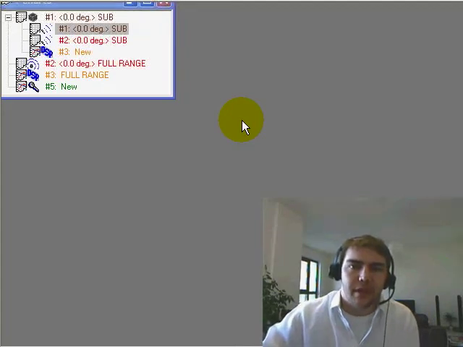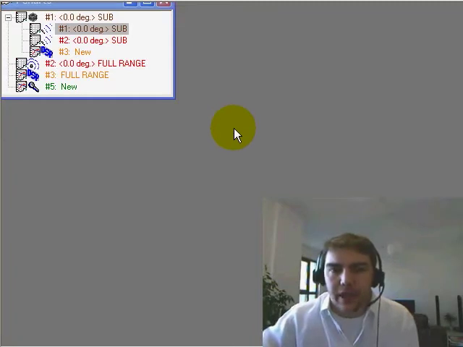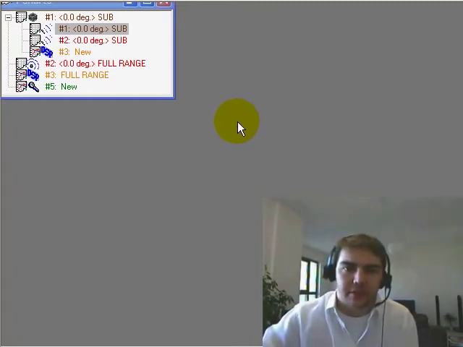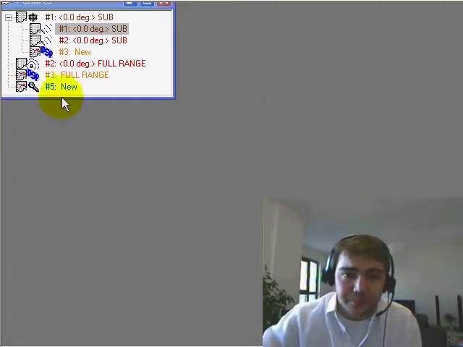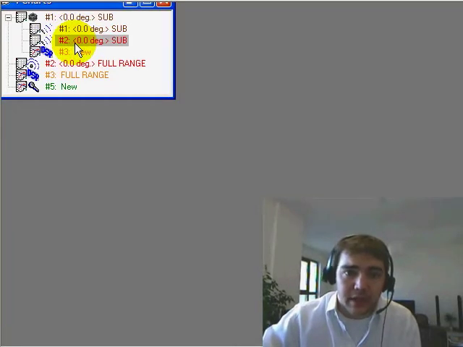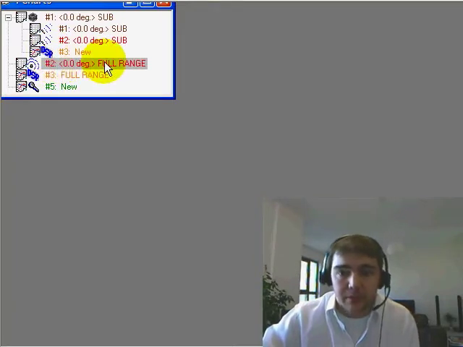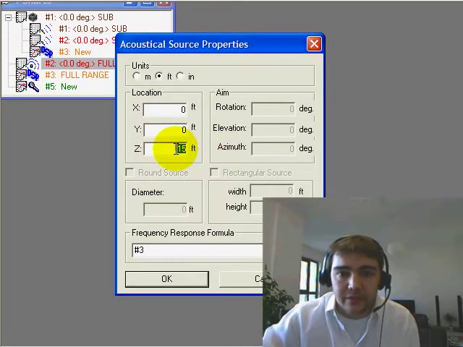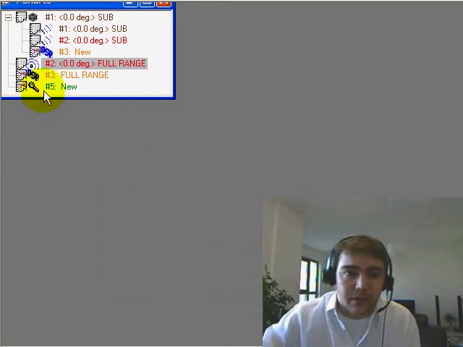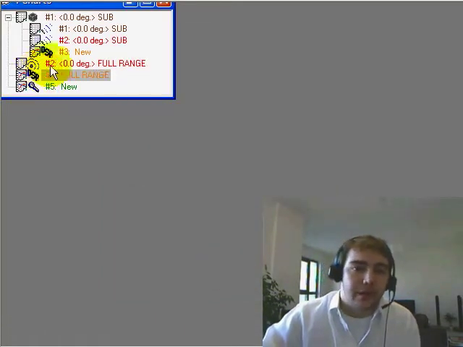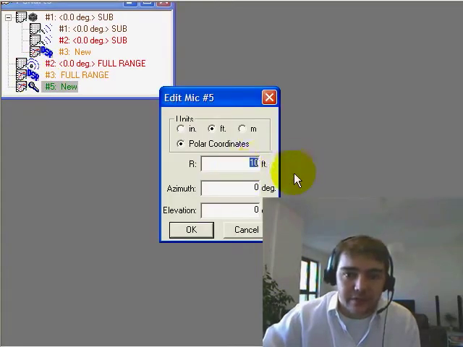Today's subwoofer alignment is a common problem among sound systems. Looking at subwoofer alignment from the standpoint of an acoustical prediction program is often a useful tool. Here we have our typical dual 18-inch subwoofer with its own independent DSP, as well as a full range loudspeaker, or a monopole loudspeaker, located 15 feet above our dual 18-inch subwoofer. Again, this monopole has its own separate DSP, and then we have a microphone out 10 feet away from this